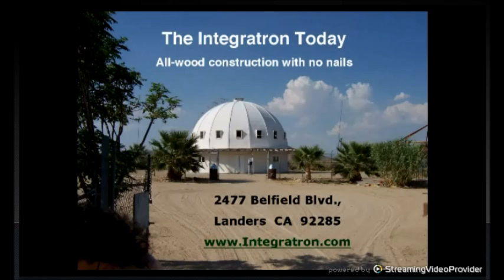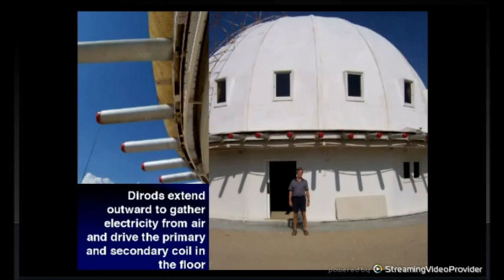And it's all wood construction with no nails. Next slide. And it's very fascinating because it has these unusual die rods. The whole assembly of die rods was supposed to rotate. And it also has a primary and secondary coil inside that looks like an inverted Tesla coil. So you get the impression that it would draw atmospheric electricity. Since it's very dry there, it's feasible this would work, and then charge up the inside with some of this